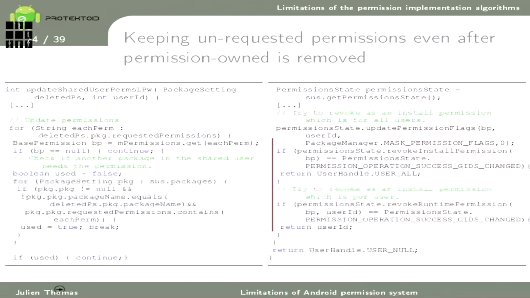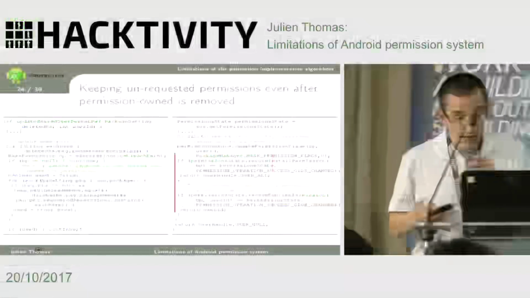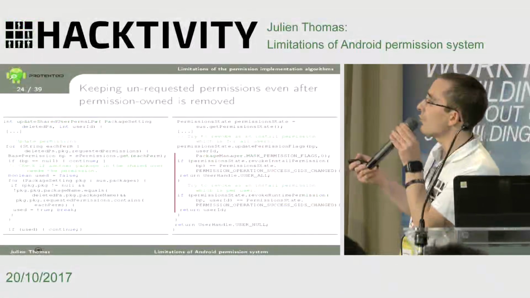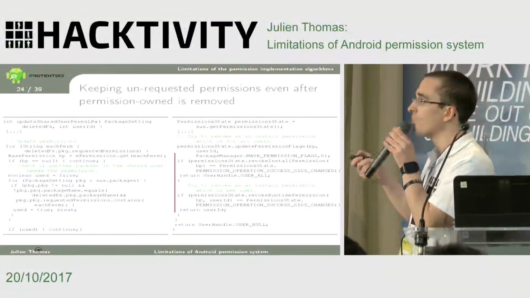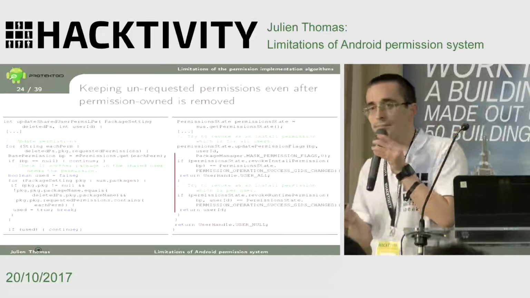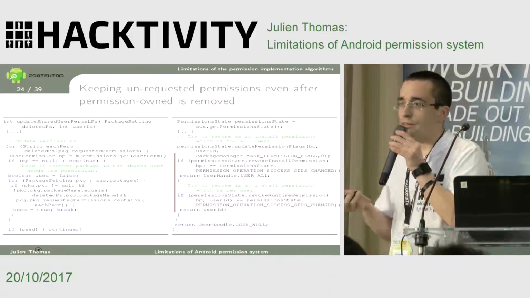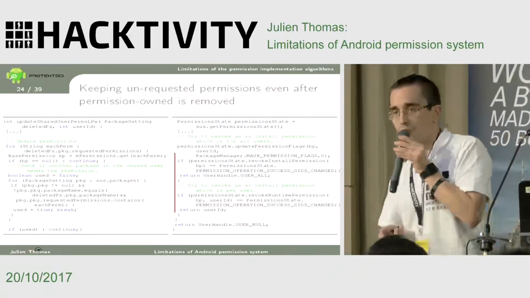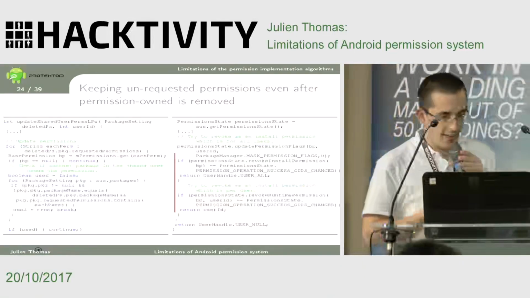So basically the app knows that it's a shared permission, so we try to correctly remove the permission from other applications that share the same user ID. And we have something very interesting. When you look here, it's a very big loop. So basically, we try to get all the permissions that the application that is going to be removed requested. And we will see, do other applications require it or not? If not, well, normally, we will remove the permission from the user ID set.